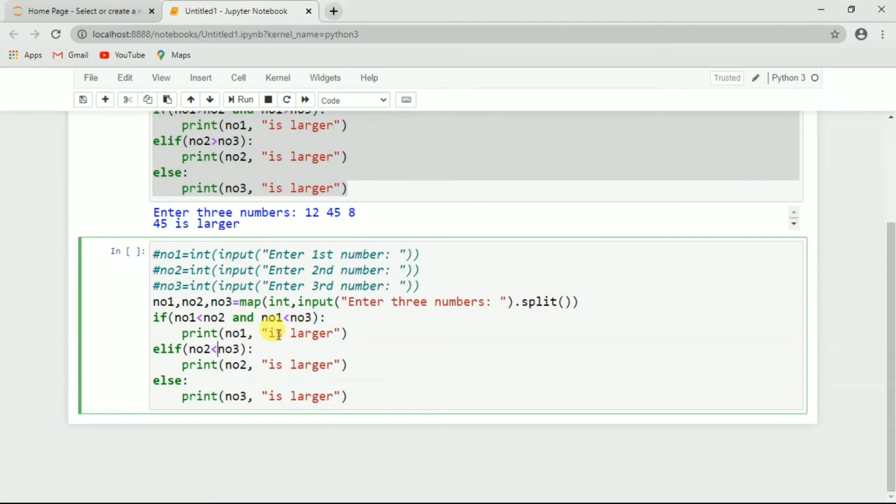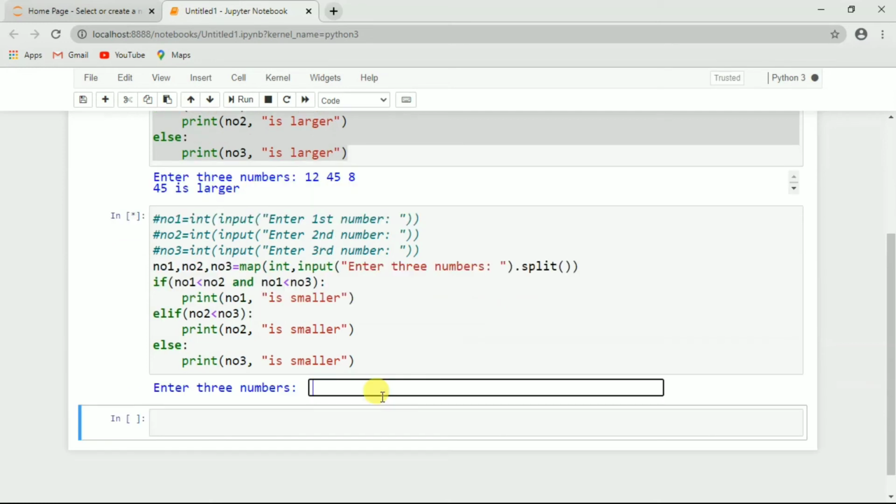If this condition is true, we will print number1 is smaller, and similarly here we will also change to smaller, and here also smaller.